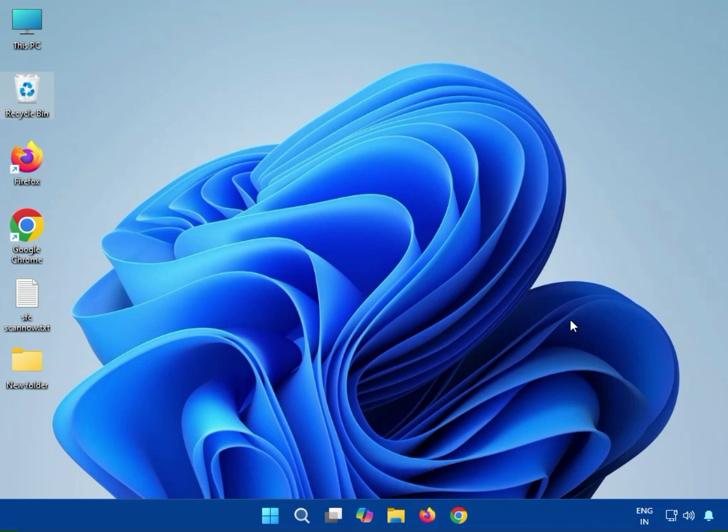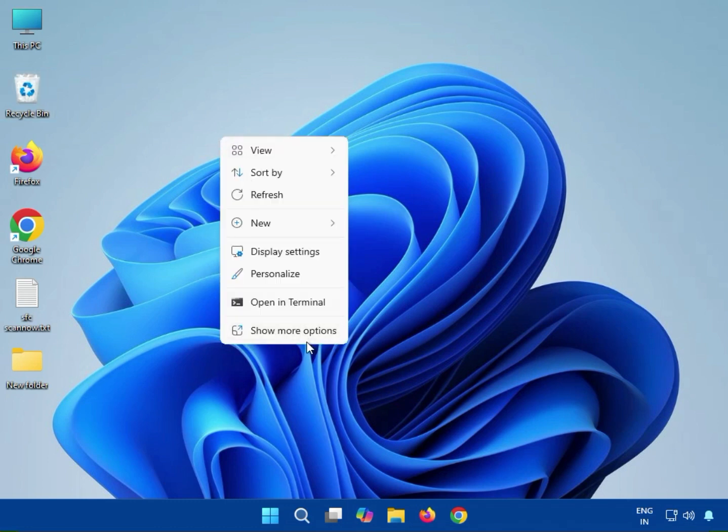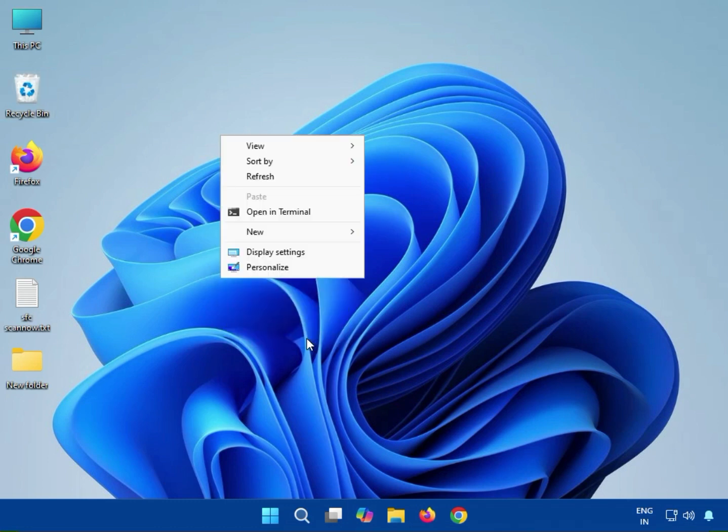So guys, if after the update your file data, photos, videos, notepad files is missing, no worry. Just right click. First method,